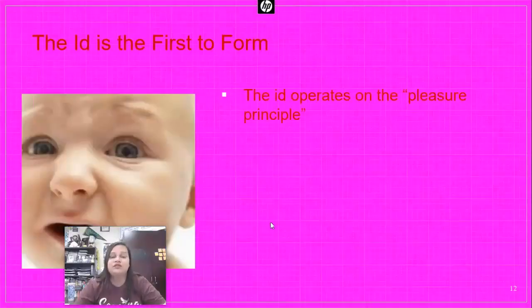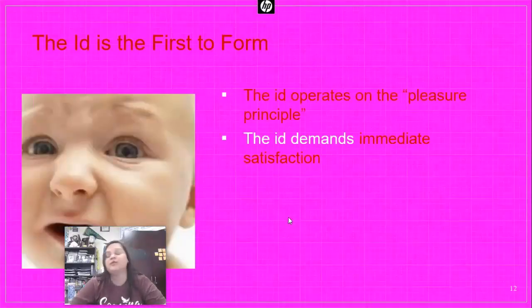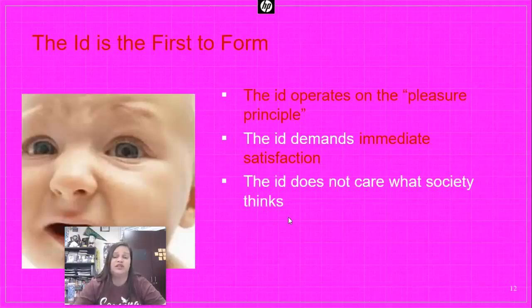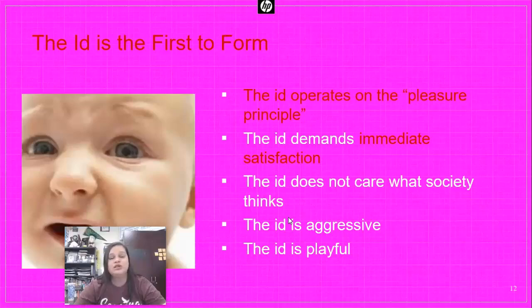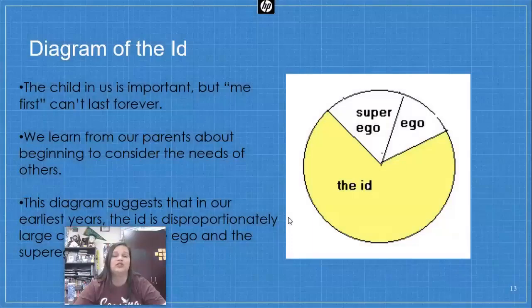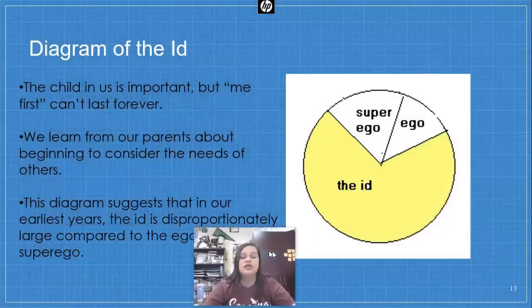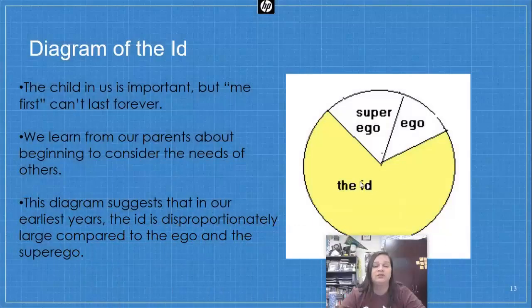The id is the first to form, so it operates on that pleasure principle. When you think about babies, they just demand immediate satisfaction. They cry, pick me up now, feed me now, change me now, pay attention to me now. They want that immediate satisfaction with little regard to what anybody else thinks. The id, especially as it grows older, can become aggressive, but the id is also playful and represents the child in all of us. So early on, the id definitely dominates the personality, as demonstrated here in this diagram, but